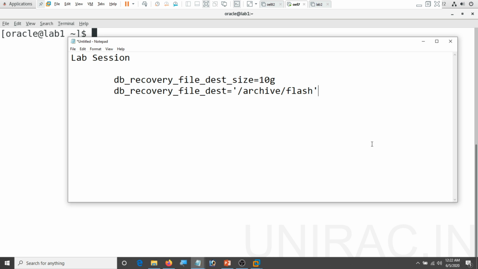We'll create it under /archives in case you have /archives, but it's recommended to have a separate FRA, your fast recovery area, to manage your flashback logs. Before enabling, we need to configure these two parameters. Let's see in the lab how to configure them, and then we'll enable flashback.